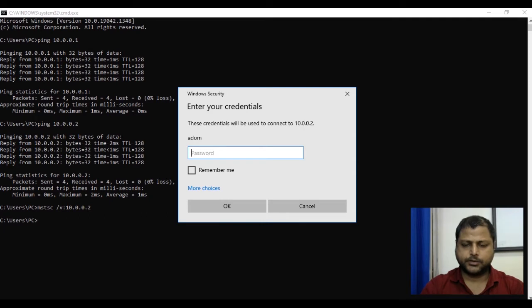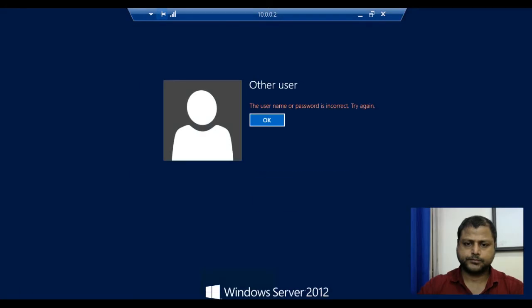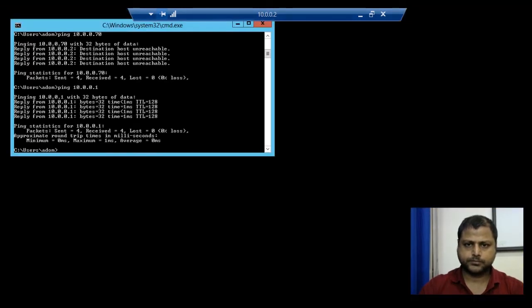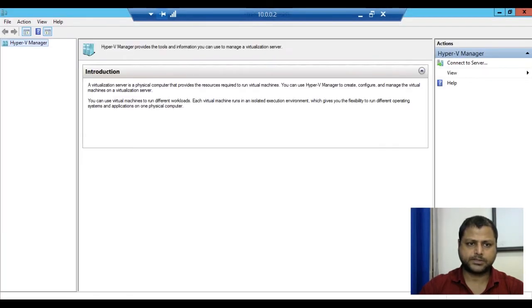It is asking for the credential, so we'll provide it: contoso\Adam, and we'll put the password. The system is already here. Now we'll start our domain system, where we will configure the SMB.